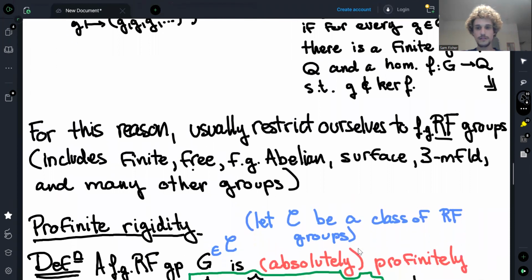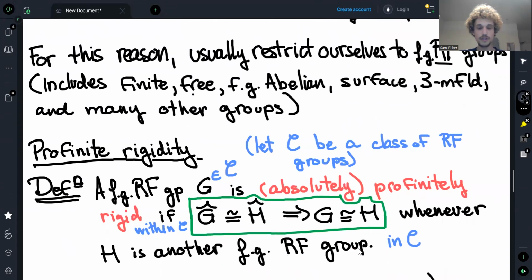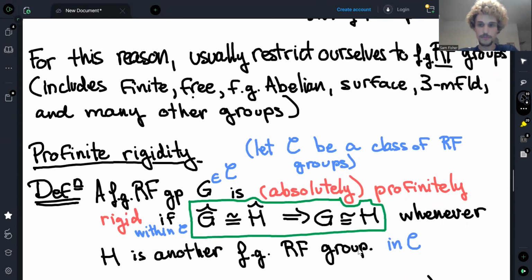Okay, now we can define what it means for a group to be profinitely rigid. So there's a lot in the definition here. First, try to just ignore all of the blue stuff in the definition. I'll say what I mean by that afterwards. So a finitely generated residually finite group G is profinitely rigid, or sometimes to emphasize, it'll make more sense after I talk about the blue stuff, absolutely profinitely rigid